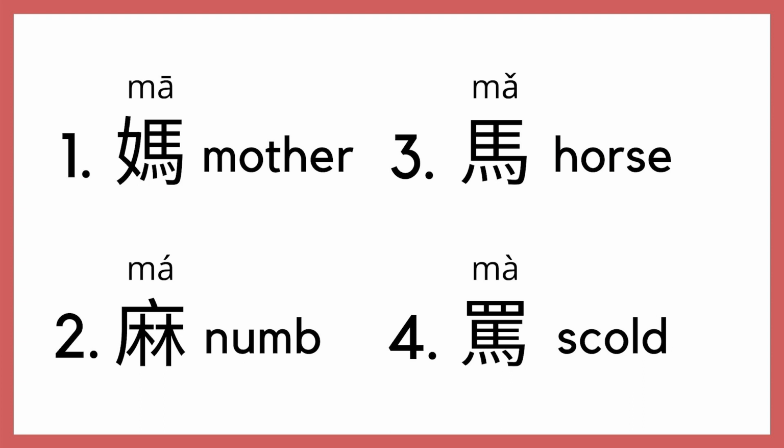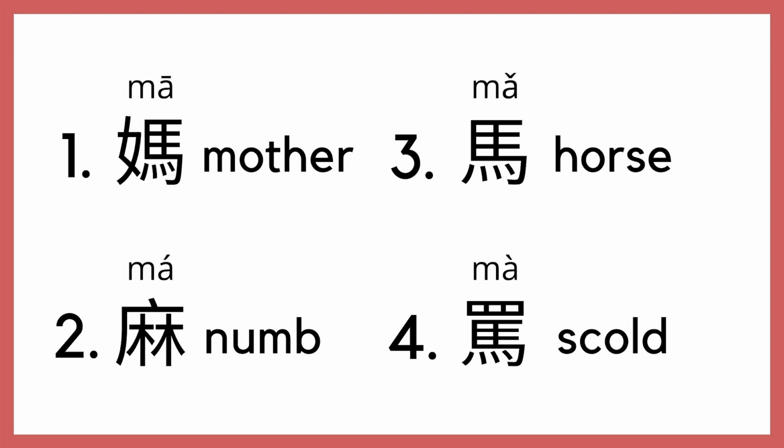Take the syllable. Two letters, M and A, form ma. In English, ma means mother. And in Chinese, ma means mother as well, but only if you say it in a certain way. If you say ma, then it means mother. If you say ma, now this word means numb.